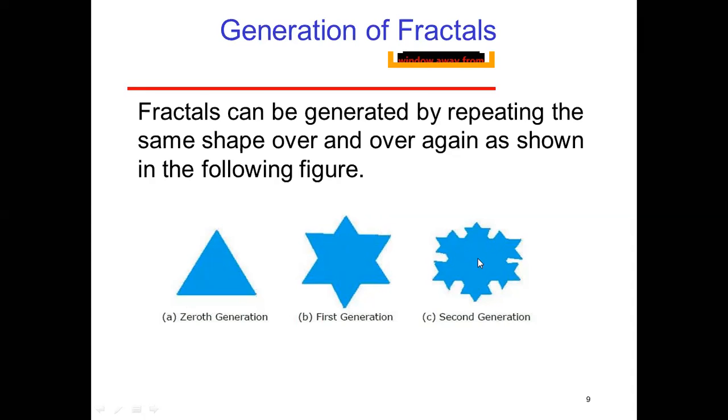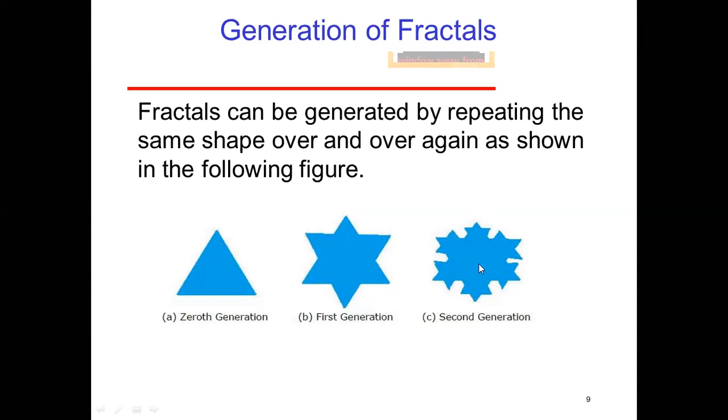Here we are doing the repetition more times as compared to here. The figure is the same, this triangle, but here the repetition is less, here the repetition is more. So with the help of this initial diagram, we can generate such types of images, or the second generation, or we can generate more complex images with the help of a single triangle. Here we repeat fewer times, but here repetition is more times of the same figure.